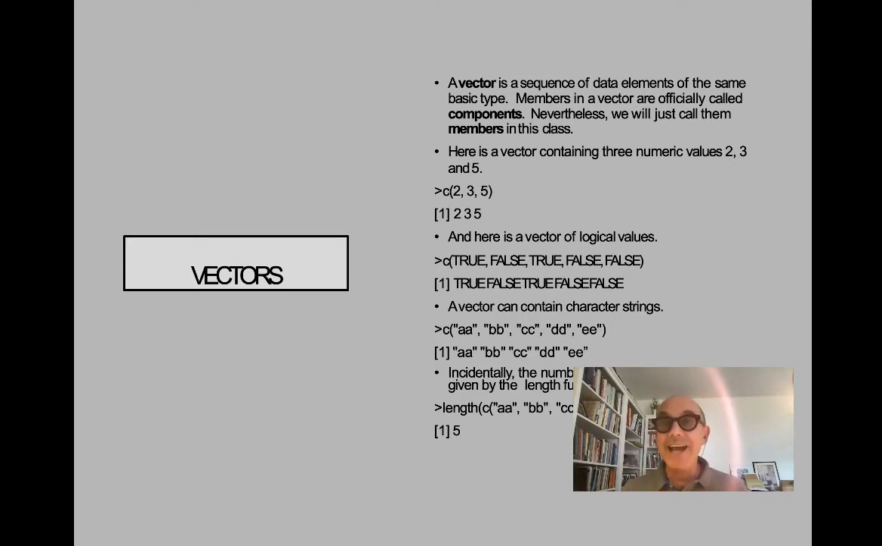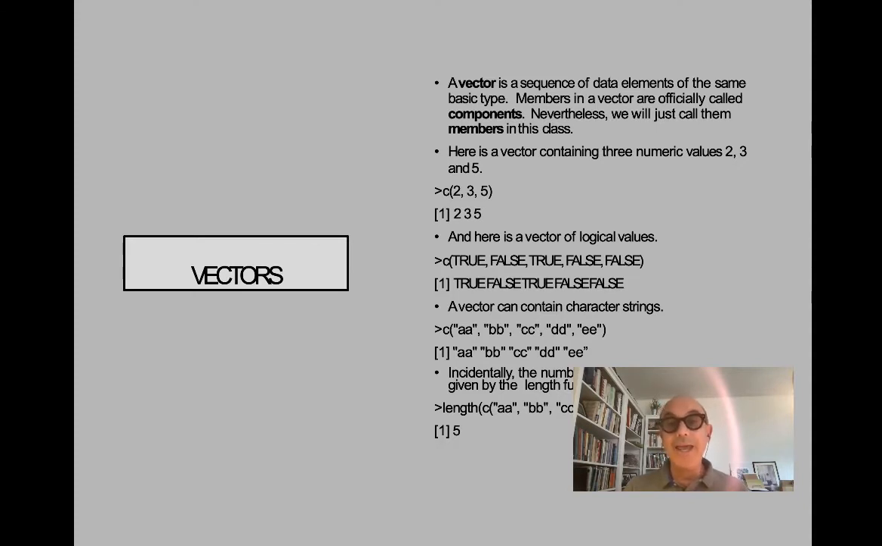The next subject that we need to talk about, again in the syntax of R, is a vector. A vector is a sequence of data elements of the same basic type. Members of a vector are officially called components, but we will call them members in this class. So here is a vector containing 3 numerical values, 2, 3, and 5, and we will hold them in a container under c. A container c is a data container, and we can convert them into a vector of logical values, or we can contain a character